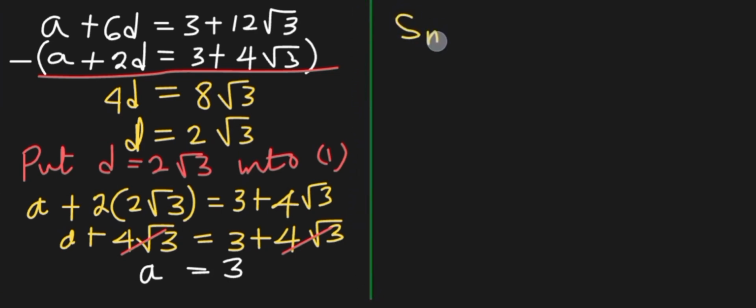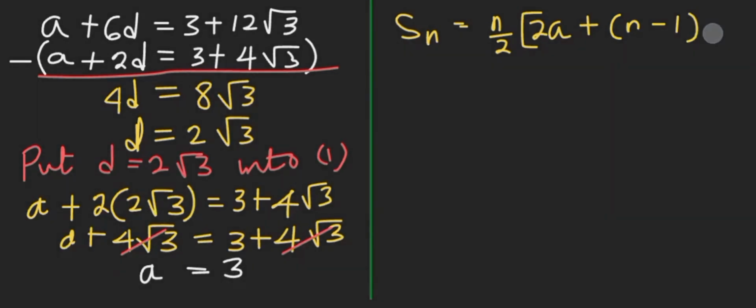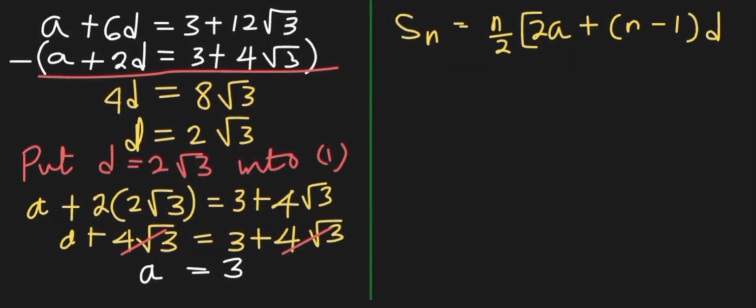Generally, the sum of a sequence or a series is given by Sn equals n over 2 times 2a, that's twice of the first term, plus the number of terms minus 1 times the common difference. In this case, it is the sum of the first 10 terms. So S10